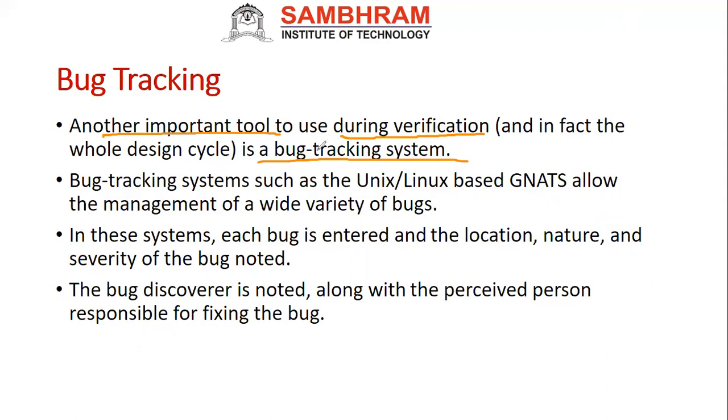How can we do that? Where is this error, where is the bug created, because so many levels will be there. So that will be assigned to the team. Once they are done, they have to update the status. It is kind of like the status only. Yes. Next, once the bug is cleared, then again we have to run. For example, a bug tracking system such as the Unix or Linux based tool, the bug tracking system tool is GNATS.